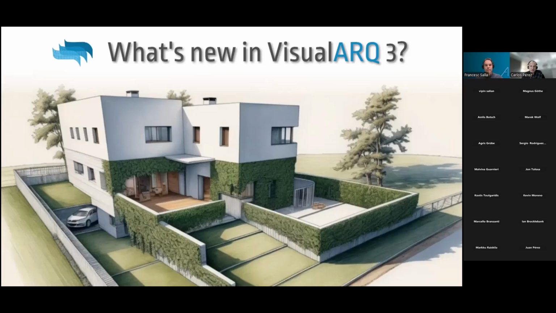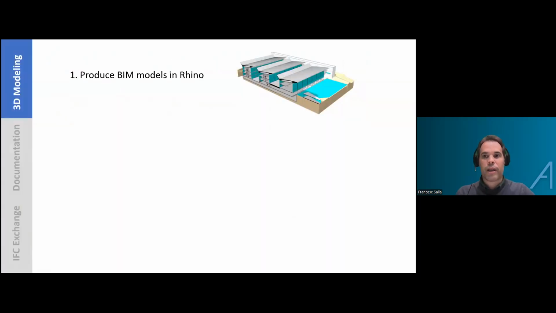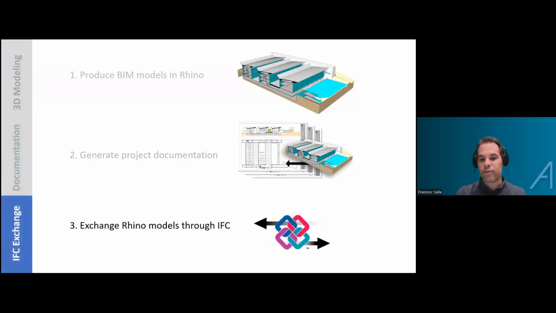Okay. So I assume that most of you know VisualARQ, are familiar with the program. So I don't know if you have experience with previous versions, but you will see some of the new improvements, how much the new version of VisualARQ has improved after several years of development. As you may know, VisualARQ helps users to deliver and produce BIM models in Rhino. Also, it helps users to produce 2D drawings in Rhino, everything that has to do with the project documentation, also quantity takeoffs. And finally, it helps users to exchange Rhino models with other programs in the AEC industry through